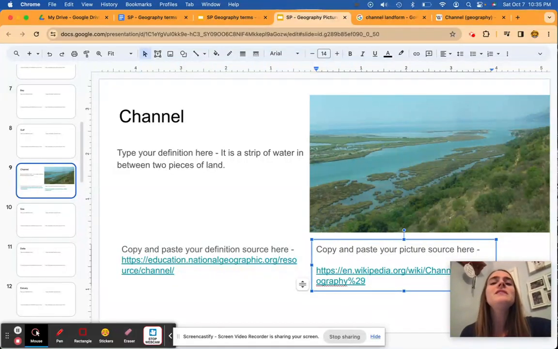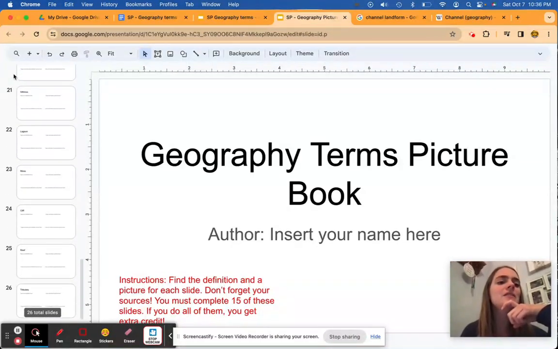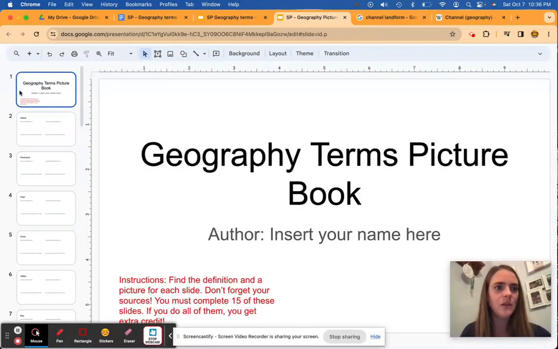All right, you need to do 15 of those for your assignment today. Okay, if you finish early, then if you want to decorate the slides a little bit, you can. Remember, it will be super, super, super helpful to me if you delete the slides that you don't do. And be careful, you guys. I've had a lot of students when I've done this assignment before that will forget that this first page doesn't count as one of their 15. So if you're just looking down the side to see if you did 15 of those slides, you should actually see 16. Because what I mean is 15 of these slides, not including the title slide, right? So when you just scroll through, you should have 16 of them left, okay?